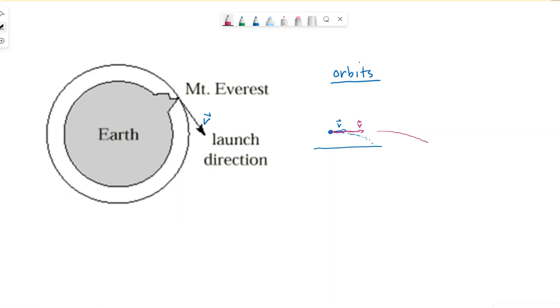So the thought process behind this is, okay, if I launch something, it goes through this projectile motion, so it's moving parallel to the ground as well as falling towards the surface of the earth. If I launch faster, it can go farther. But because of the curvature of the earth, essentially there should be some sort of launch speed that as it moves parallel to the surface of the earth, as well as falls, the curvature of the earth makes it such that the object never ends up hitting the